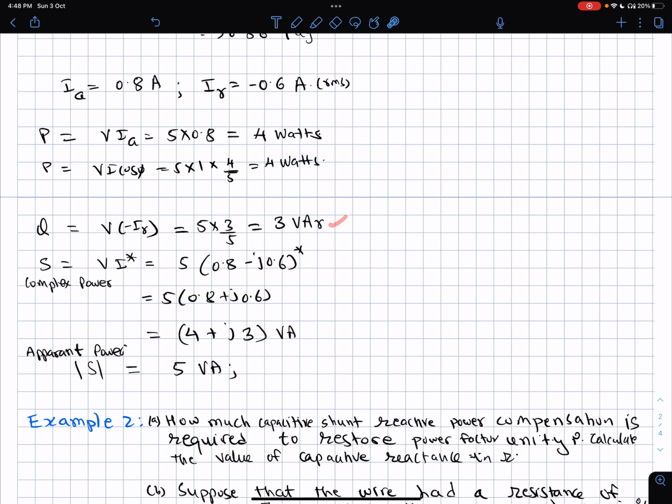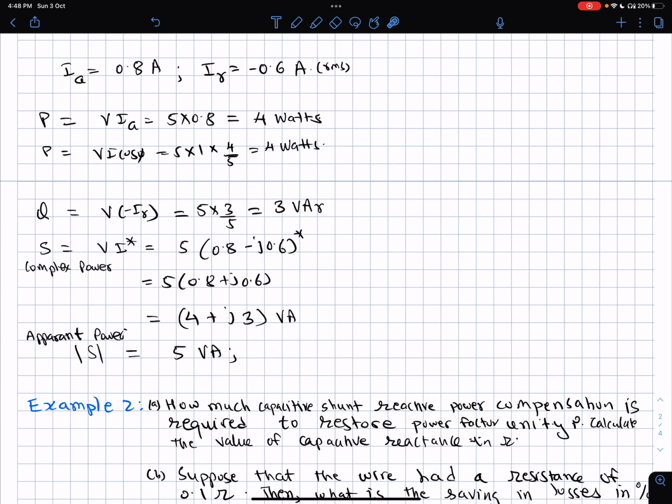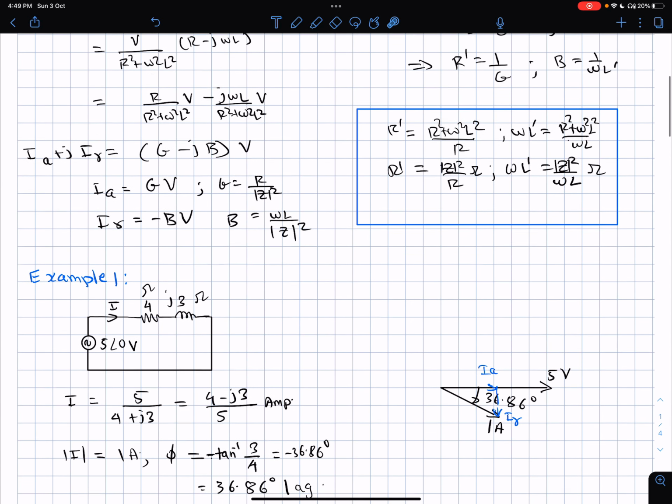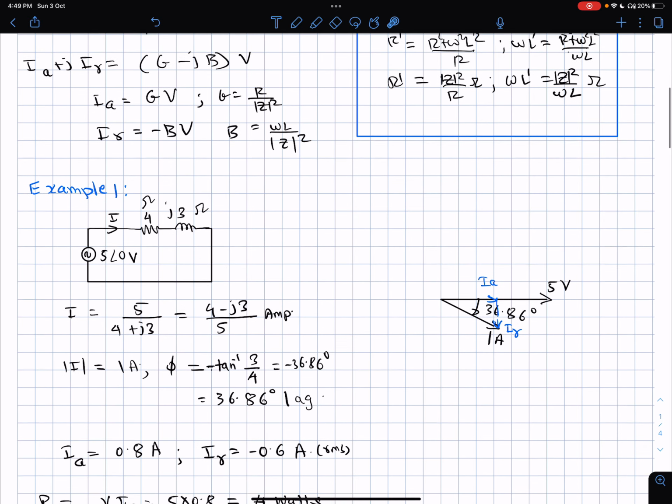And we write in addition small r or capital R to show that it is reactive. So the average power is in watts. This is reactive, so we show it as VAR, and the complex power becomes 4 plus j3 volt amperes. So a positive reactive power means there is an inductive element which is consuming the reactive power. That's the way in English language we express it. And the apparent power, which is the square root of P square plus Q square, is nothing but 5 volt amperes. So this is our present state of this particular circuit.